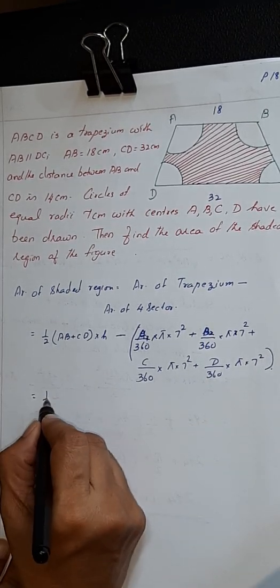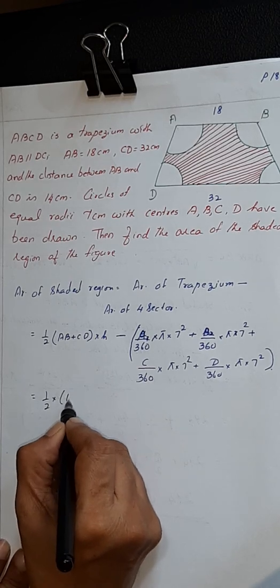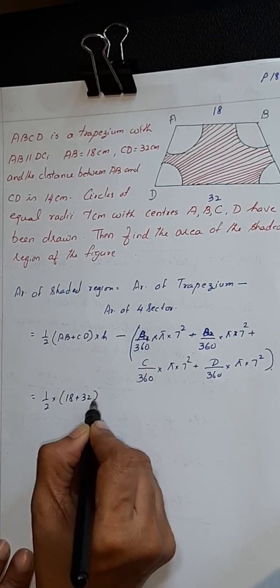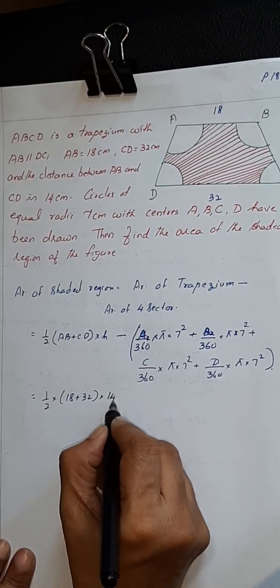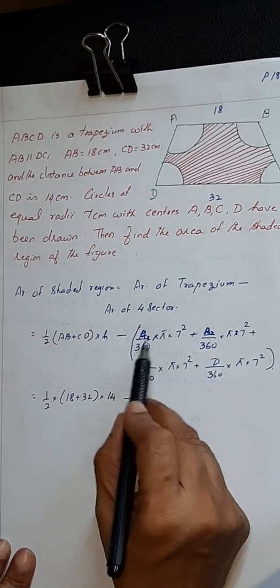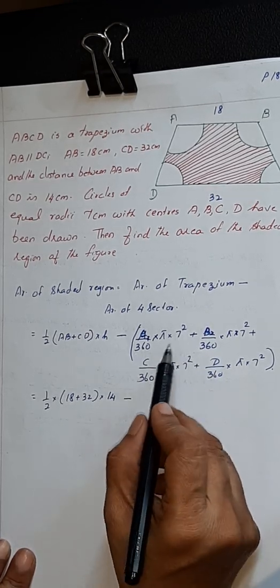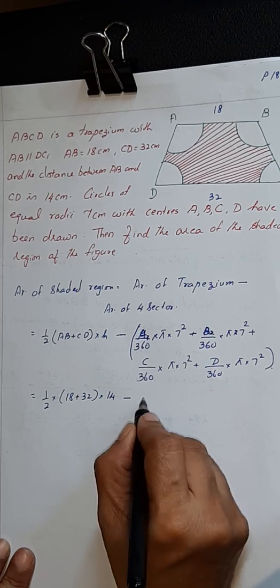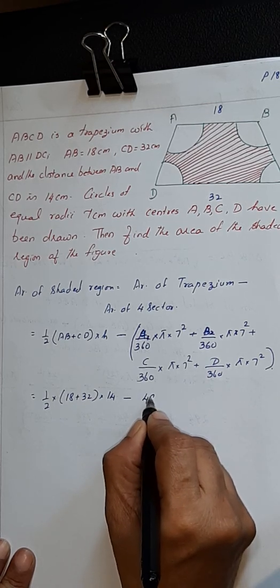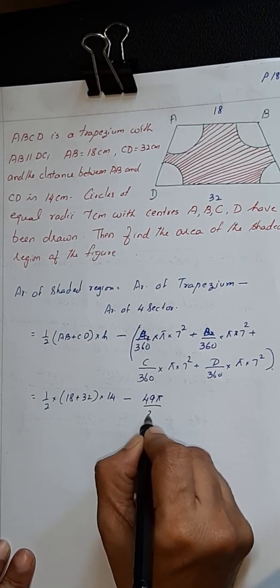So now this is half into 18 plus 32 into h is 14 minus, now pi r squared by 360 we will take it out. So it is 49 pi by 360